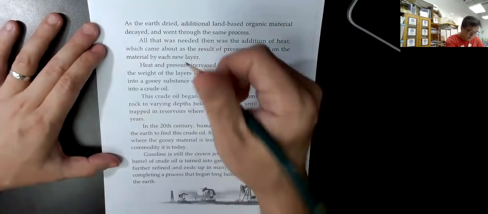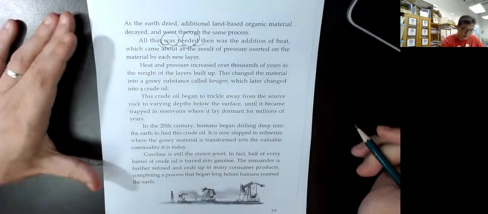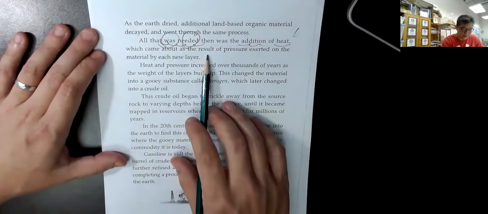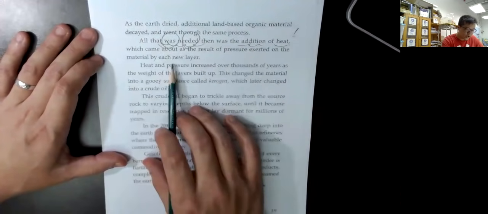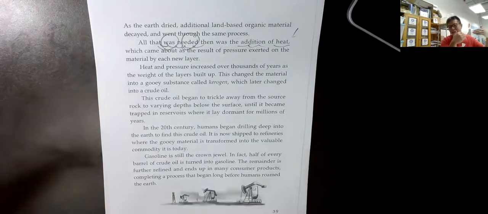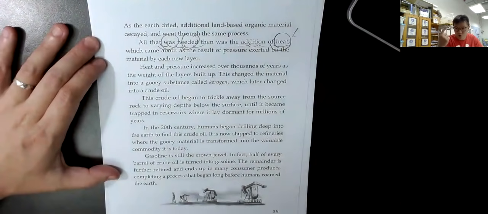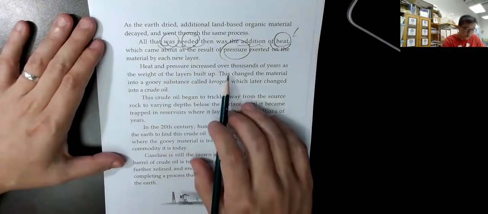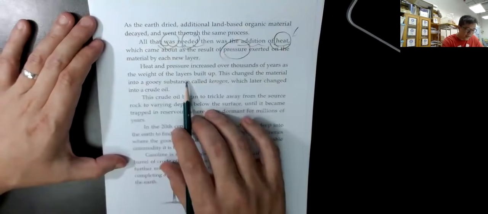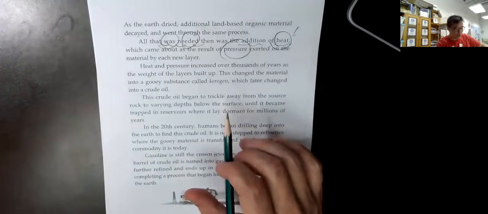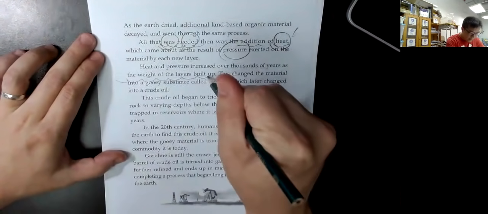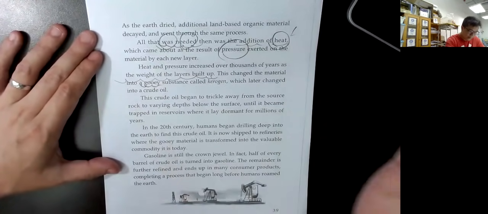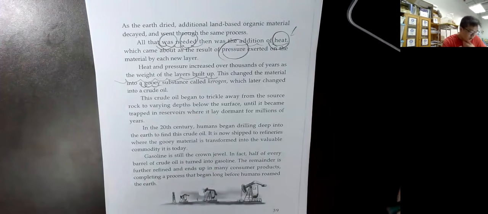And all that was needed, 被動句 be 加 p.p. 需要嘅 then was the addition of heat, 加啲熱量落去 which came about as a result of the pressure exerted on the material by each of the new layers. 簡單啲嚟講，每一層搭上嘅時候會有唔同嘅 heat， 跟住形成咗唔同嘅 pressure， 唔同嘅壓力啊，好高壓嘅，所以 heat and pressure increase over thousands of years as the weight of the layers builds up。咁你越搭越高，越搭越高，咁自然個 weight of the layers build up。And this changed material into a gooey material。gooey 即係油淋淋嘅